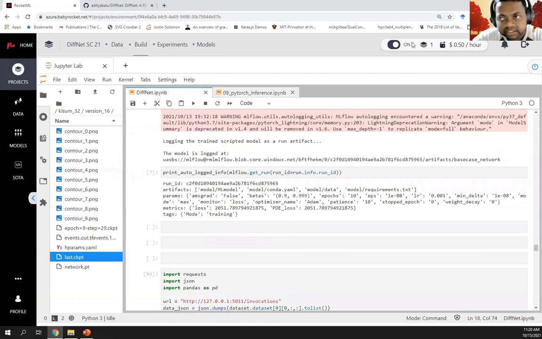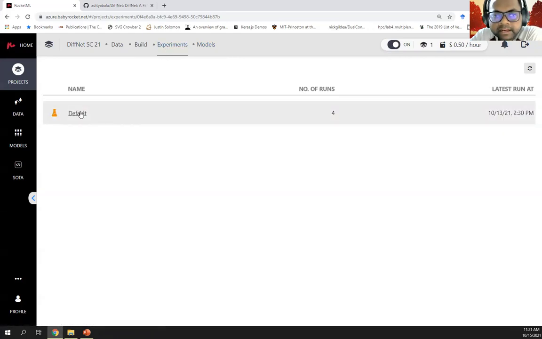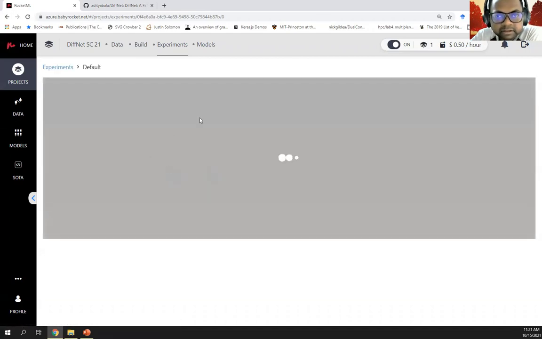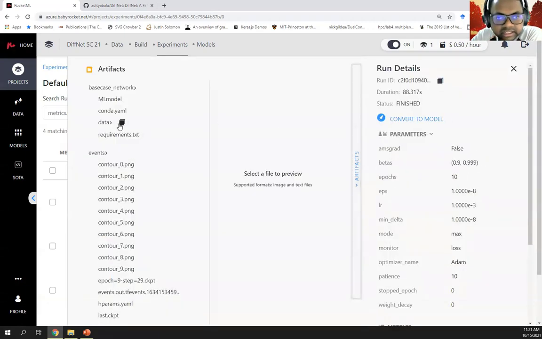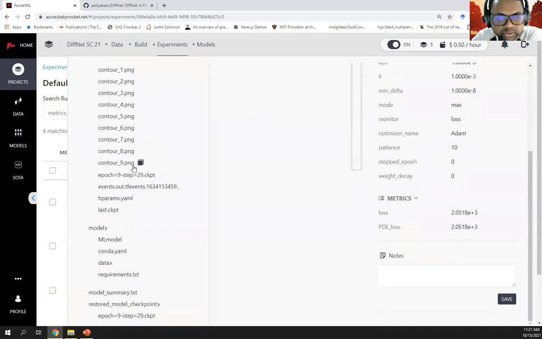In terms of how we deploy this model, the way that happens is we go to the experiments tab here. This stores a set of runs. Every time I run with an MLflow session, it stores it in this tab. I come here and see that there is a latest run I ran a few hours back, stored over here. Then I click on it, and it shows me all the artifact files which I have been using, all stored over here.